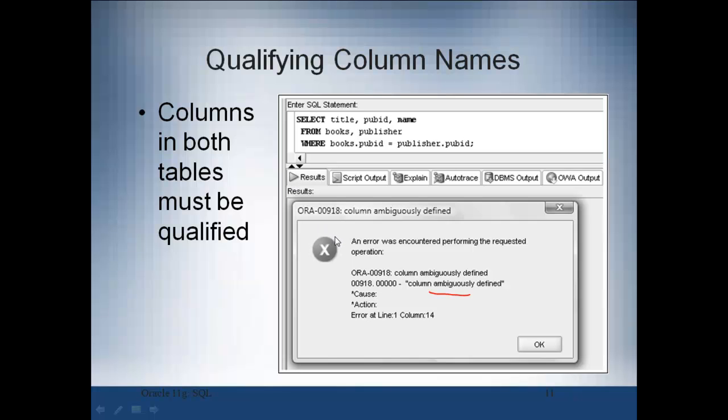In other words, the database doesn't know which pub ID field you want. Do you want the pub ID field from the books table, or the pub ID from the publisher table? In reality, it really doesn't matter, because this is what would be considered an equijoin, and when the records are displayed, the pub ID is going to be the same in the books table record as it is in the publisher table record. Here's what we're going to see. To fix this particular select statement, you qualify